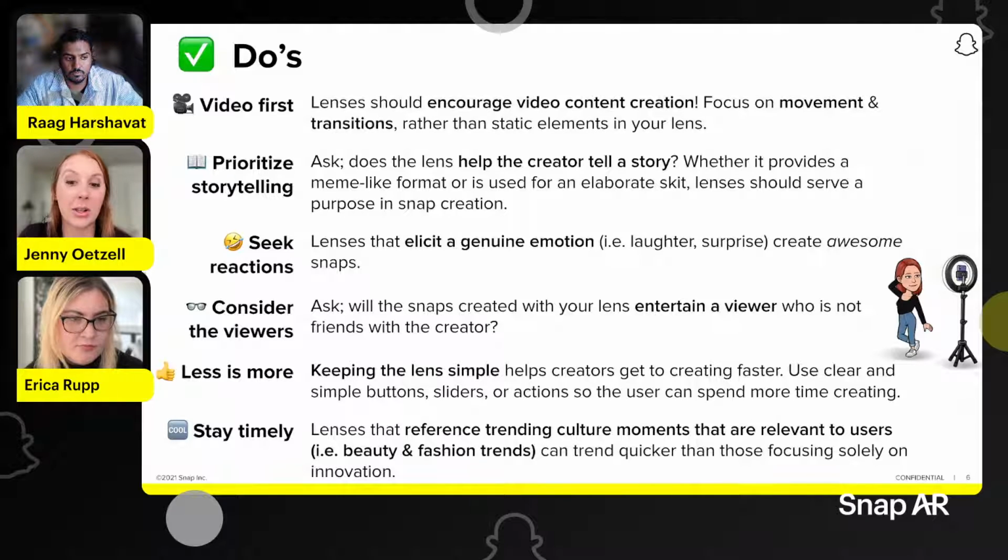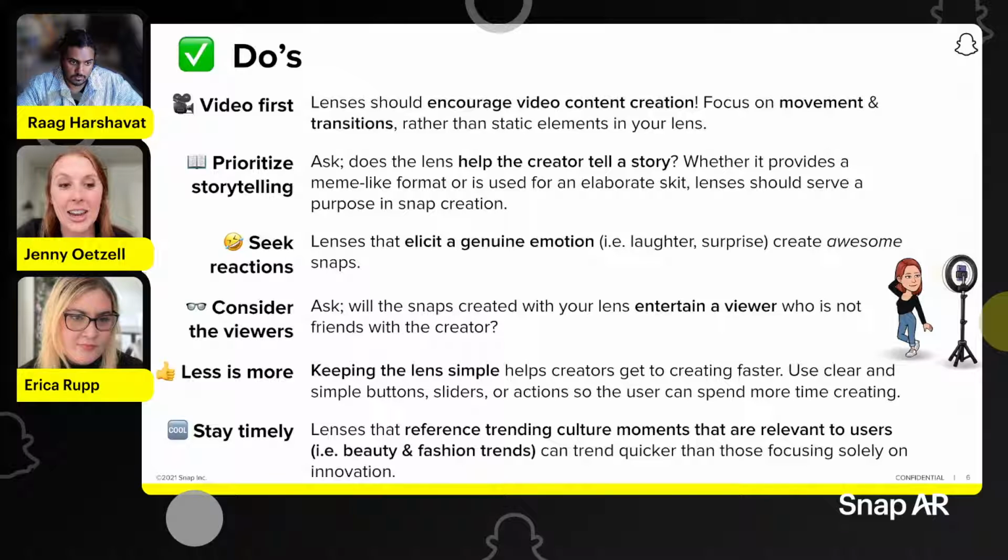Giving them clear prompts and guides, like "tap," to know what they're supposed to be doing is the best way to get users to spend the most time creating, posting, and viewing, rather than trying to figure out technical things in the lens. And maybe there's more of a chance for them to use the lens, create a great snap, and post it, because they may be less frustrated trying to figure out what's going on.